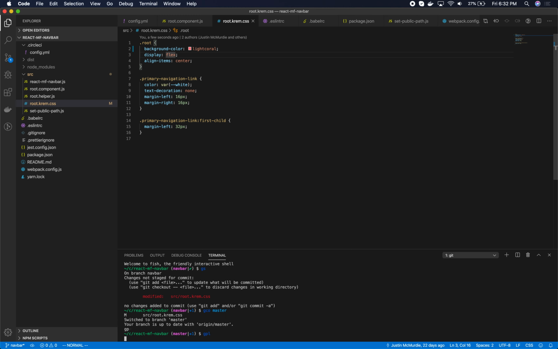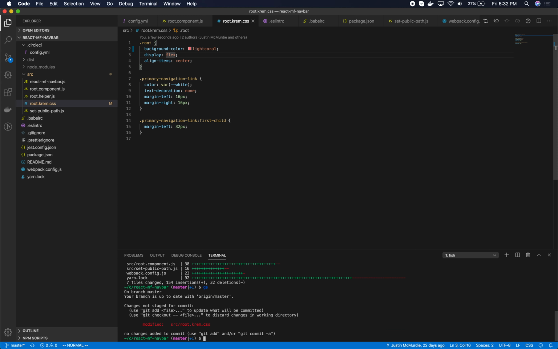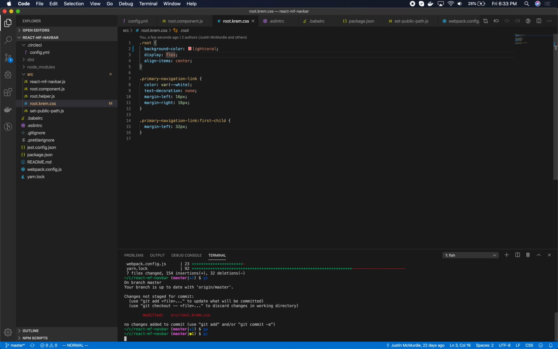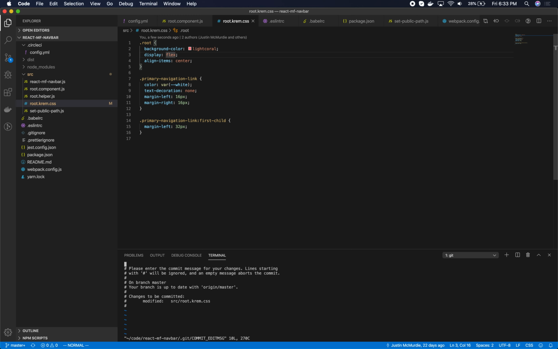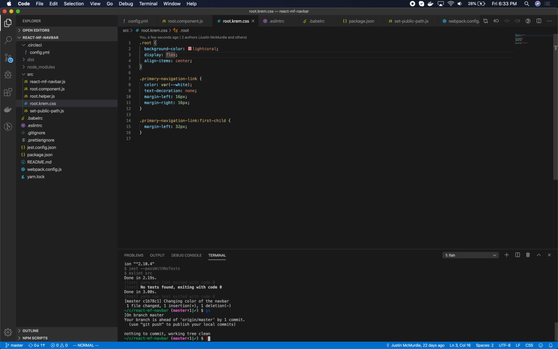Looks like I need to switch to the master branch. Okay, so I am going to now push this straight to master. Now, this repo is set up so that anytime you push to master, it will automatically deploy all the way to the live website. Most of the time you don't have it set up that way. You would have a manual step, but in this case I have set it up so that any push to master will automatically deploy to the live website. Okay, so changing the color of the navbar. So when I push,